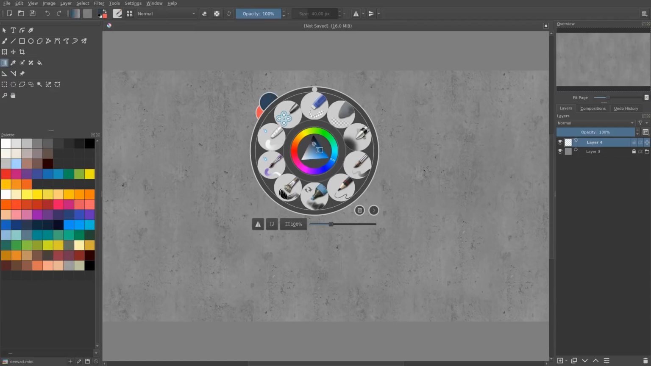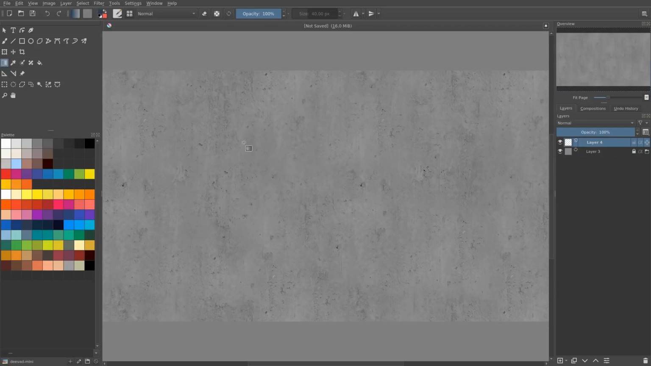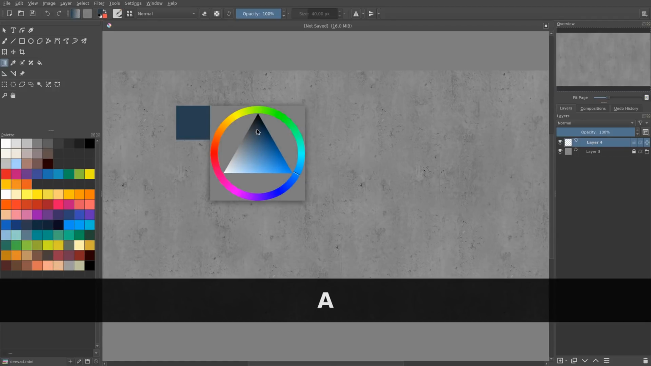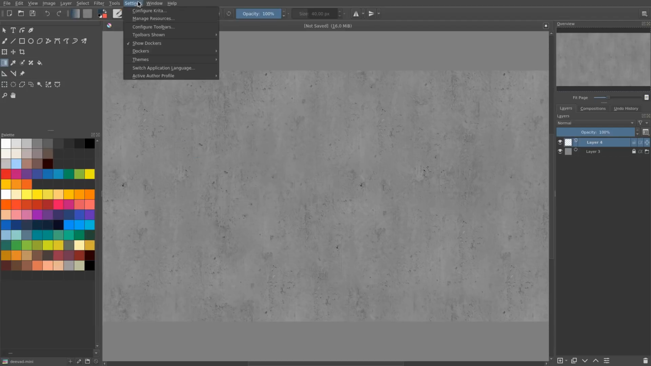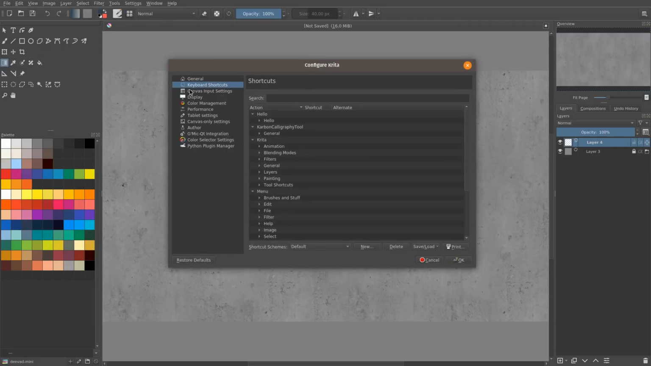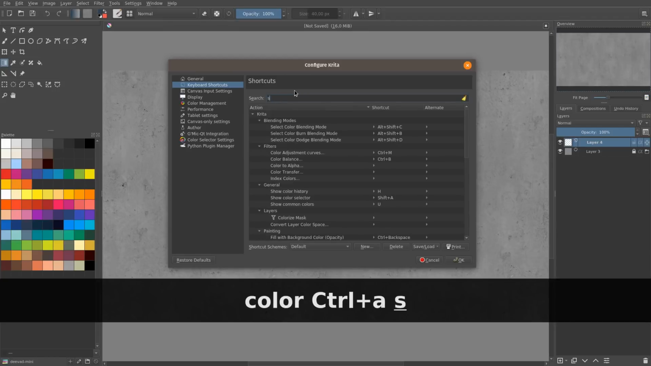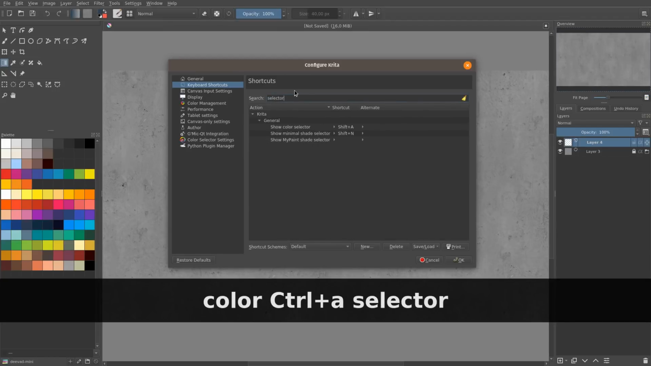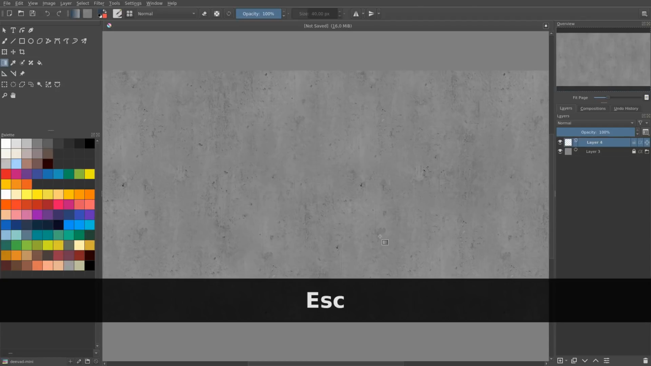I'm going to pick a dark blue. You can right-click to get the pop-up palette and select it like that. I have the quick color selector bound to Shift-A so that I can grab a color anytime. So again, for these custom shortcuts, you want to go to Settings, Configure Krita, and to Keyboard Shortcuts, and then you would look for Color or Color Selector. I think that was Show the Color Selector. You can see that it's Shift-I by default, but I bound it to Shift-A so that it's under my left